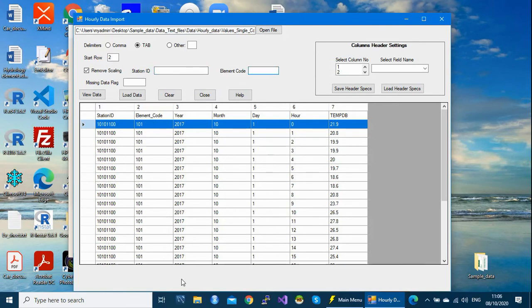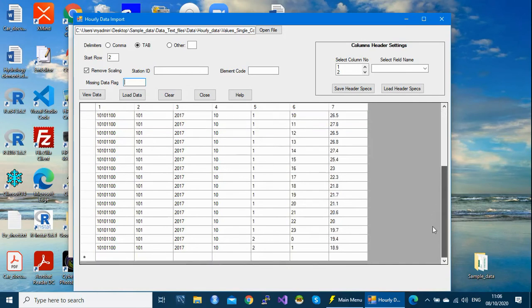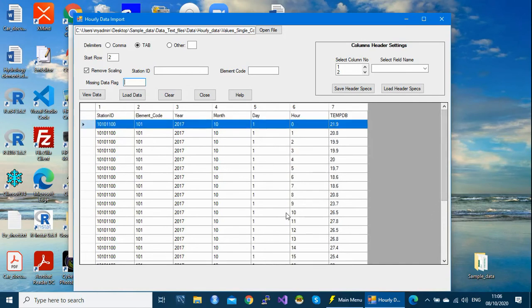text box. There is also another option for missing data flag. In case your data has got a flag, you specify it here. Otherwise, the system will understand all the blank cells as missing.